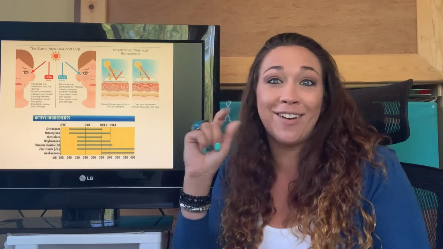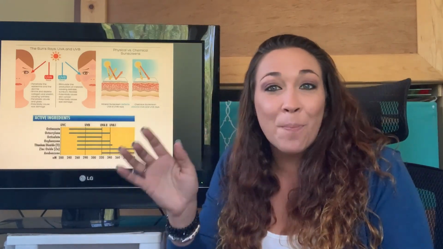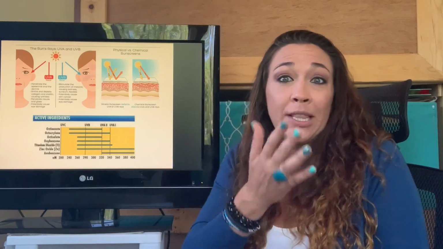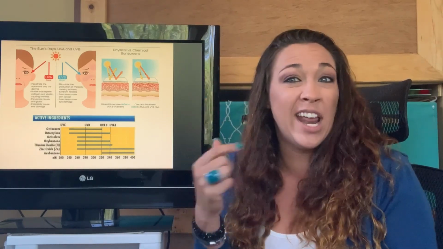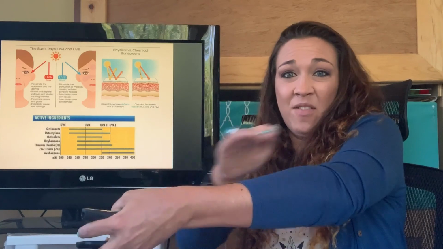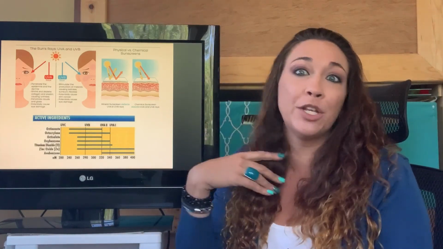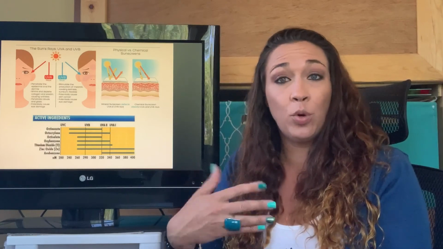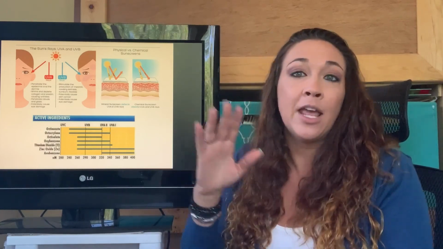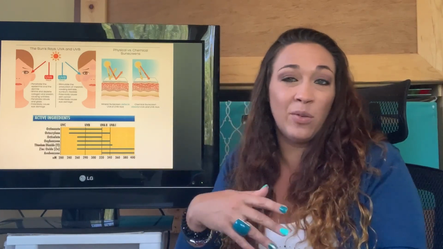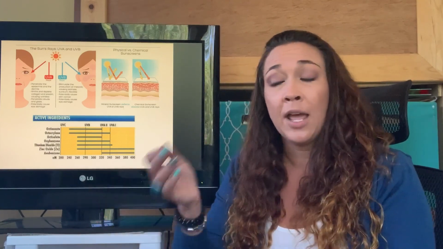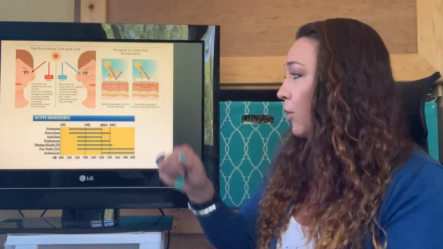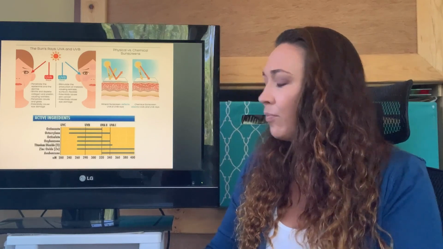If you've ever used Zinc Oxide sunscreen, it's like you're painting yourself with like paint. Like you come out looking like Casper the Friendly Ghost. You are white and it is thick. You're like, I can't even rub it in. But it's great. It really is. So if you're one of those super fair skinned people who burn, get that Zinc Oxide. Yes, it's really kind of thick and kind of weird and gross, but you will be protected. And the best one right here. So make sure that you guys get this.